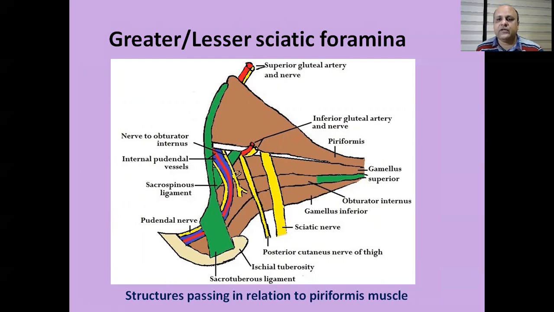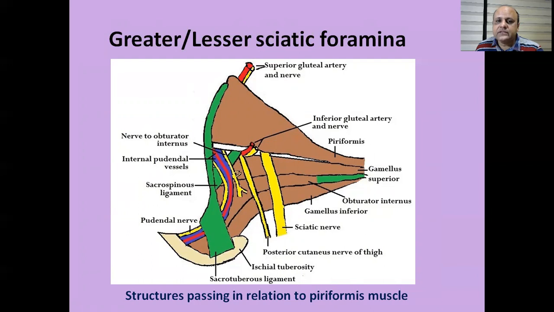They lie under cover of the gluteus maximus. Then the other thing is the ischial tuberosity on which we sit. It also lies under cover of the gluteus maximus. So you have to describe the structures under cover of gluteus maximus under the following headings: the muscles, the nerve